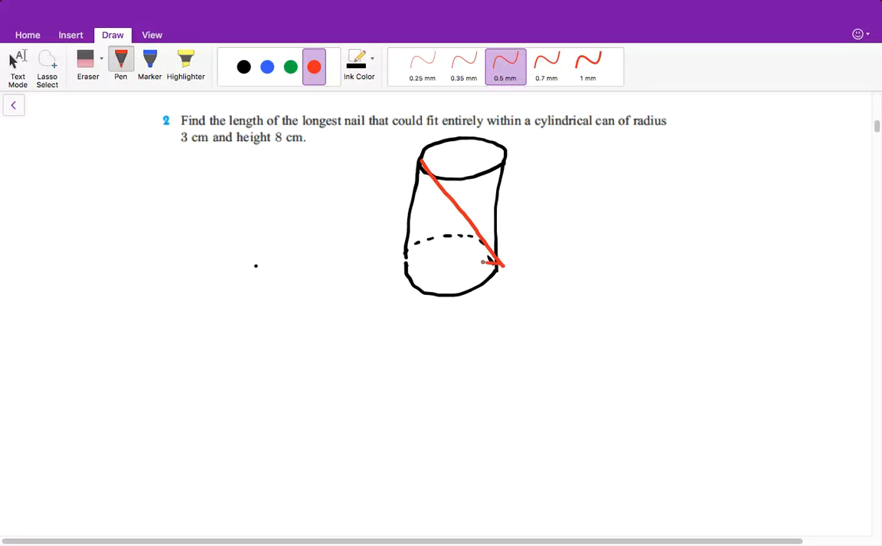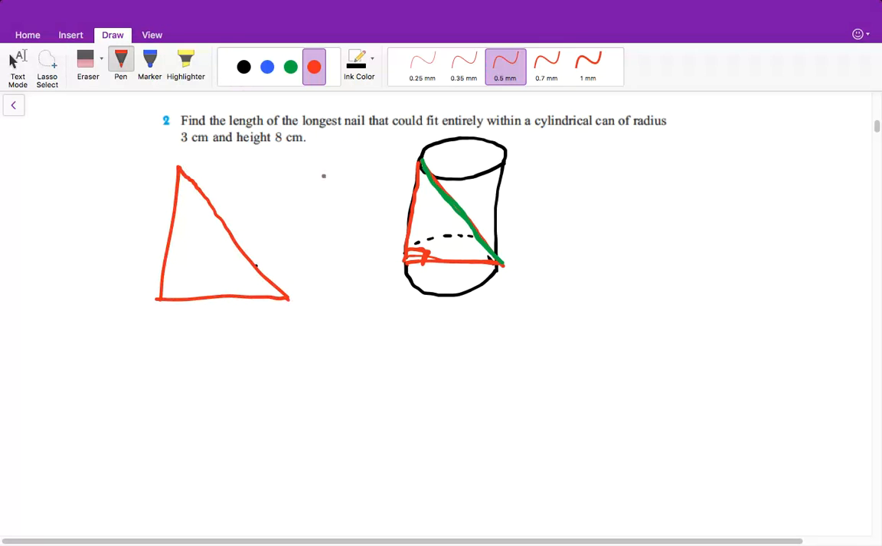Now this will form a right angle triangle, because our nail, let me highlight this in green, will be this green line going from there to there. That's our nail. With the bottom of the can and the height of the can, we create this right angle triangle. So we can draw this off to the side,